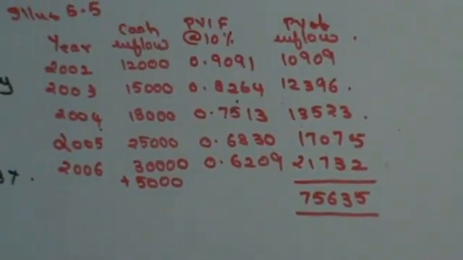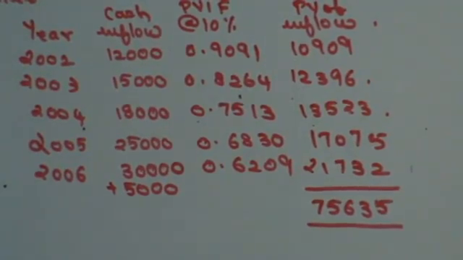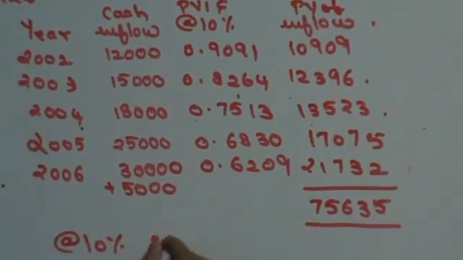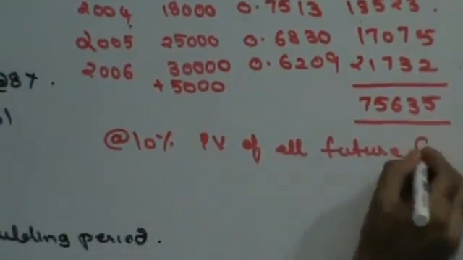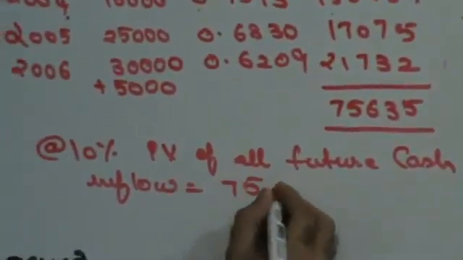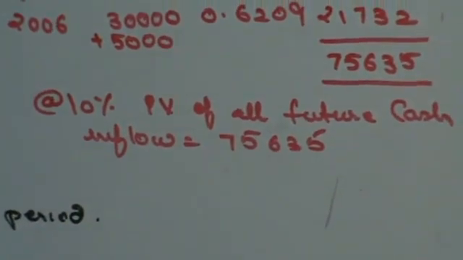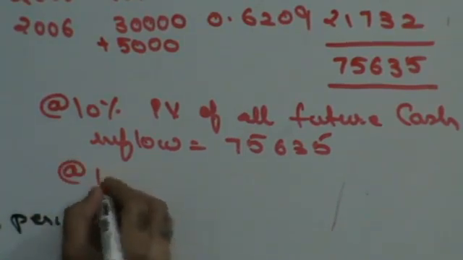Now, if I consider 10% interest rate, the present value of all future cash inflow is 75,635, right? Now, if I keep the money in the bank at the rate of 10%,